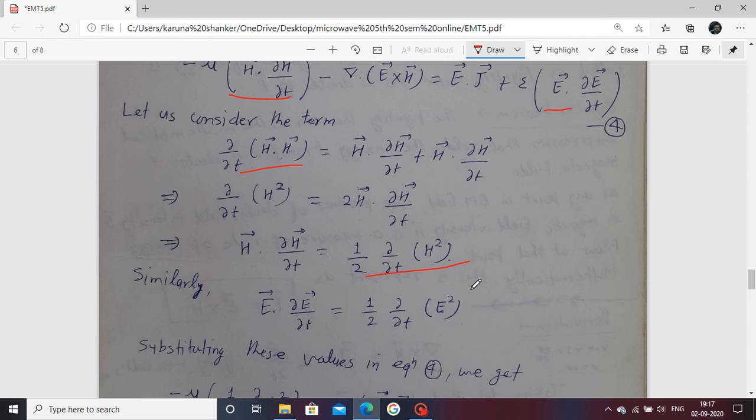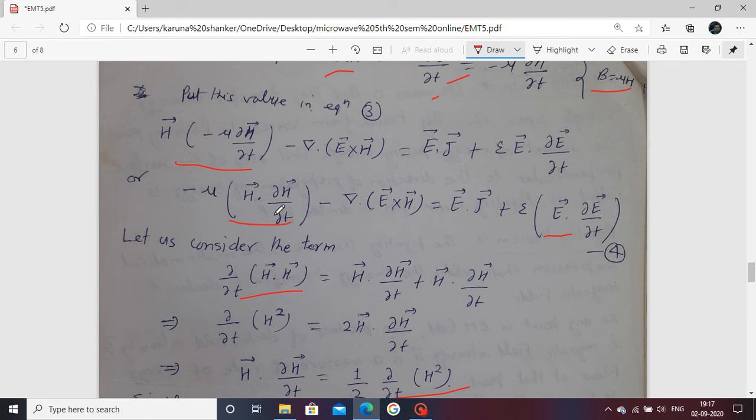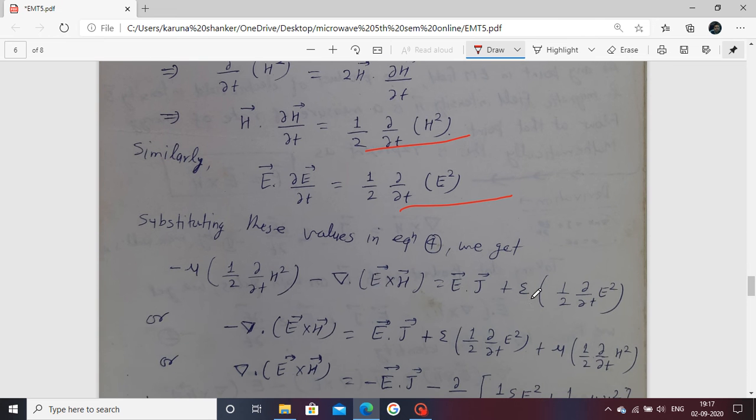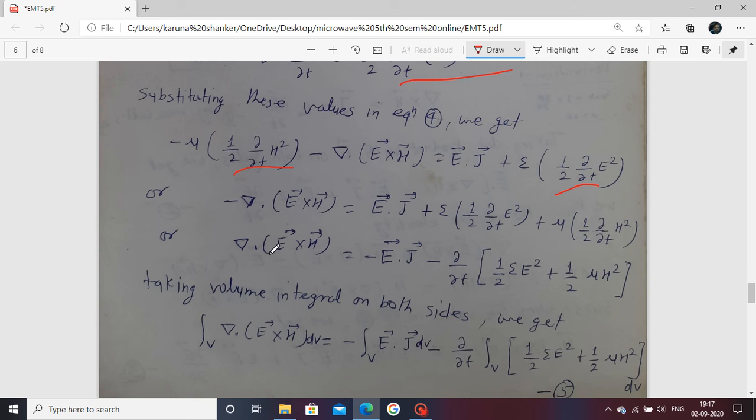similarly this term also comes in this manner. Now substitute this value in place of this one and this one, whatever values are arranged in these equations, and put the value in equation number 4. Now substituting in equation number 4, this equation form comes, the value is put here. Now arranging this again, we multiply by minus on both sides, and this comes in this form.